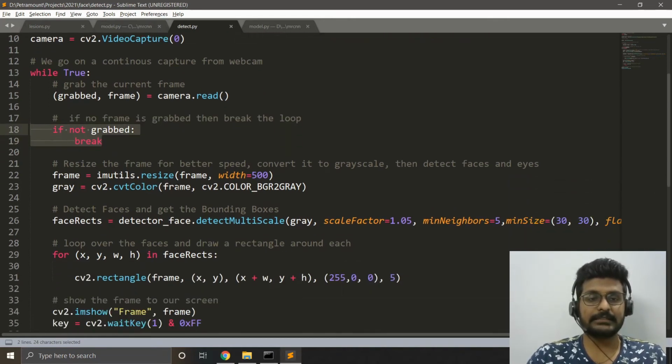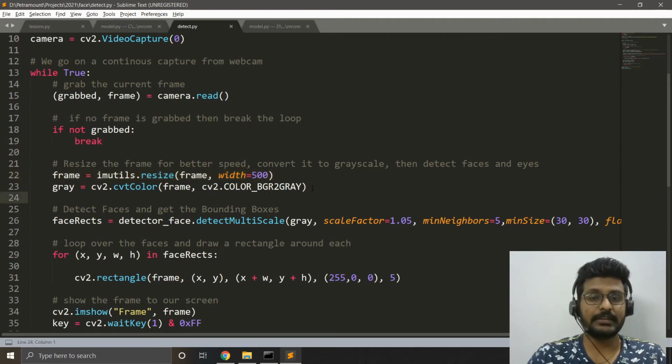Our next thing is an additional step in this application because we are going real time, and also I just don't want to waste resources. Resizing the image to 500 is pretty decent because this is more than enough to detect the faces. I resize the image to 500 so that the processing takes less time. In the previous example it was on images, so we didn't consider time at all. But when it comes to a real-time feed, this is very important.